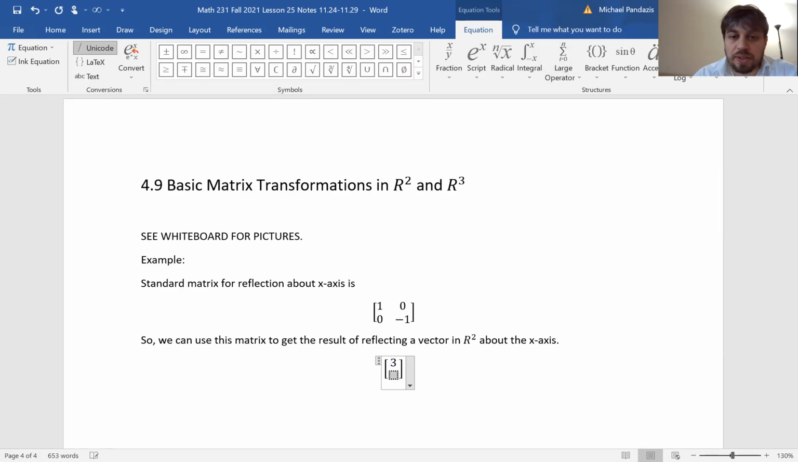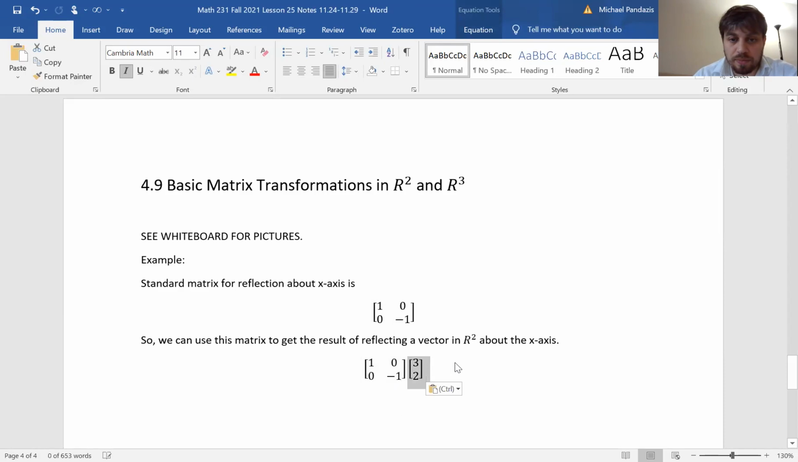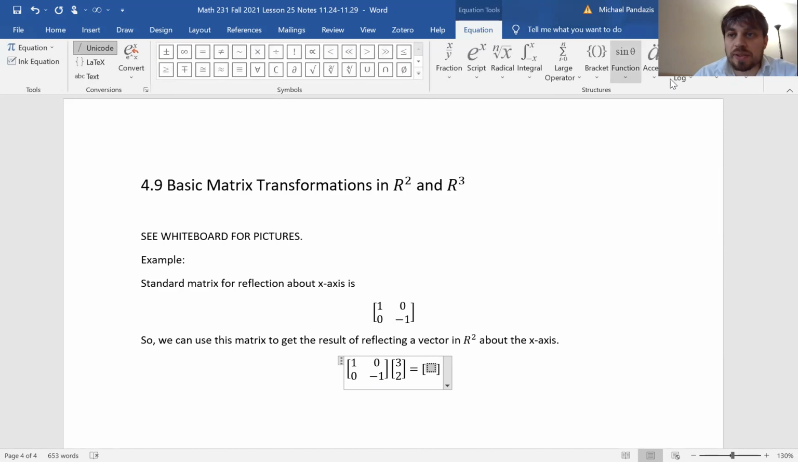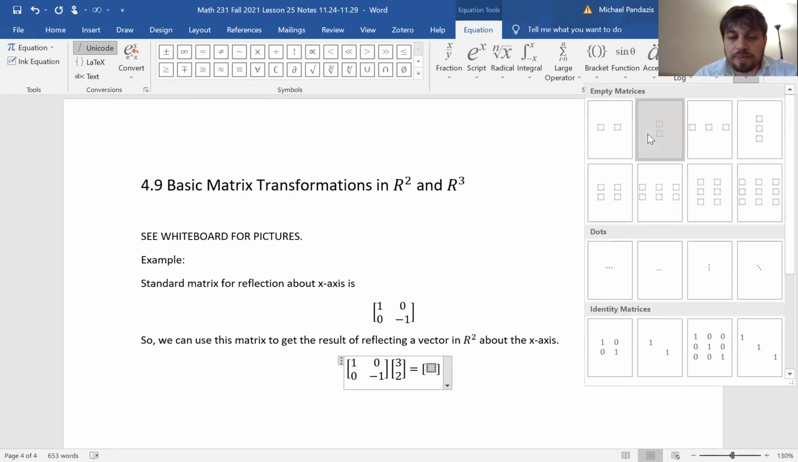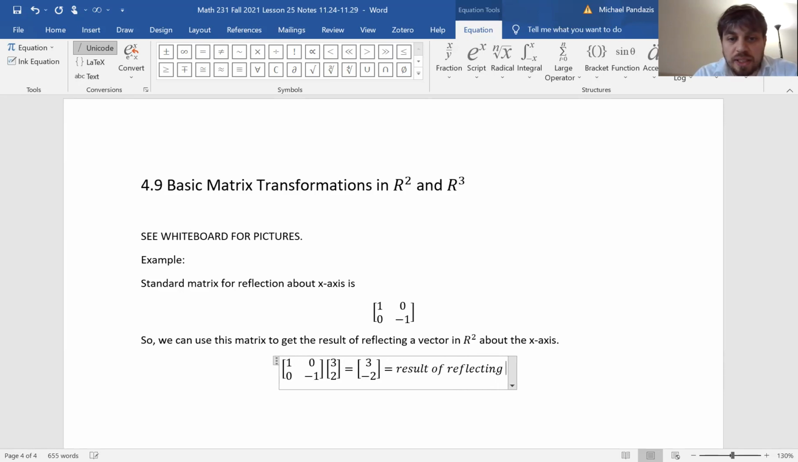Let's say you have the vector 3, 2, and you want to reflect it about the x-axis, and you just left multiply it by the standard matrix. If you left multiply it by the standard matrix, you have a 2 by 2 times a 2 by 1, which gives a 2 by 1 matrix. So if you multiply this, you get 3, negative 2, which is the result of reflecting 3, 2